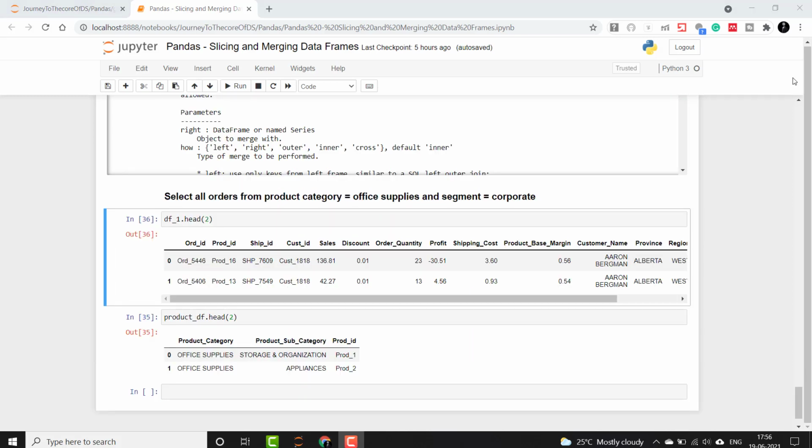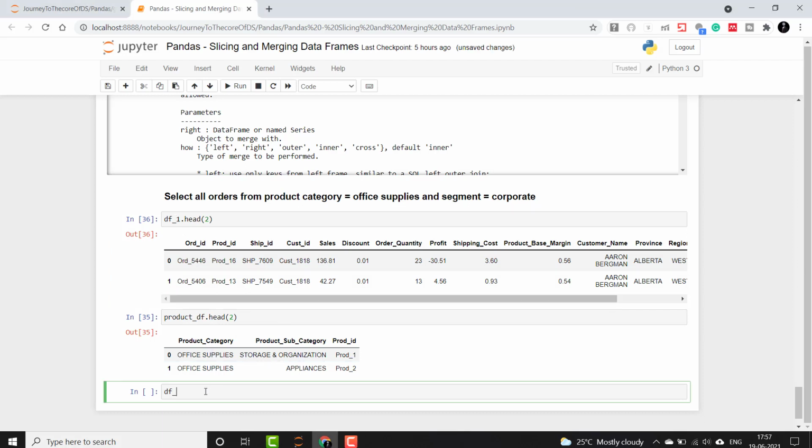Now let's see another example where we have to select all orders from product category equals office supplies and segment equals corporate. So we have segment corporate in df1 and we have office supplies in the product df. So we have to merge these two now.